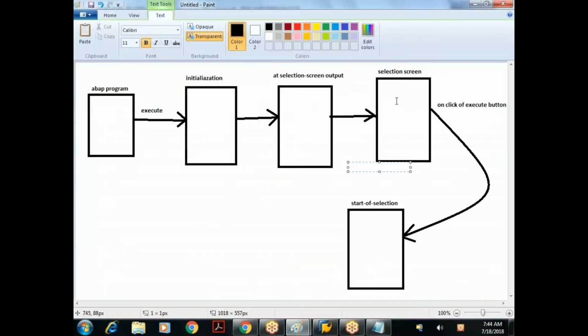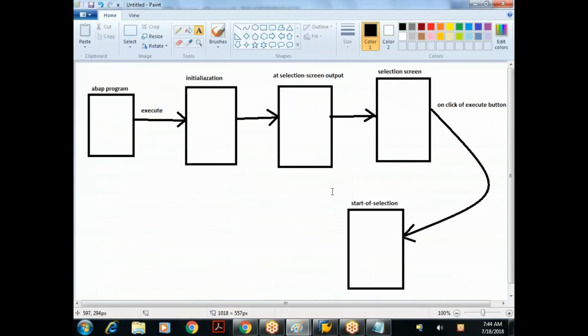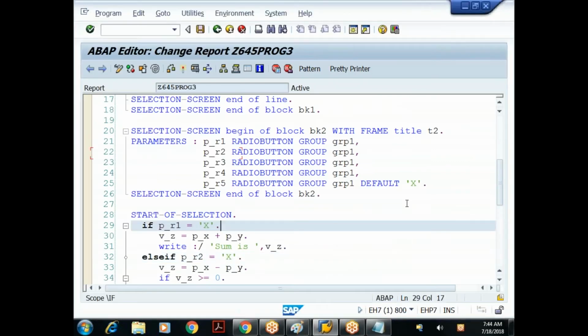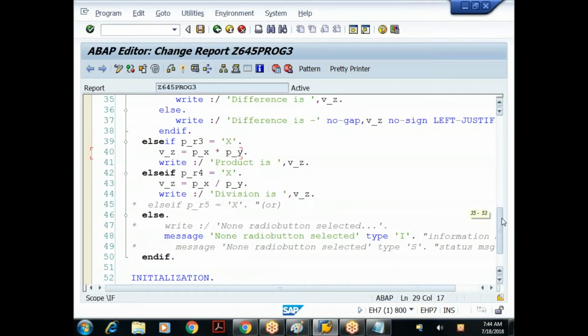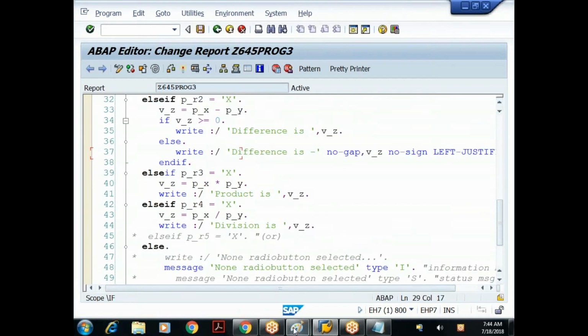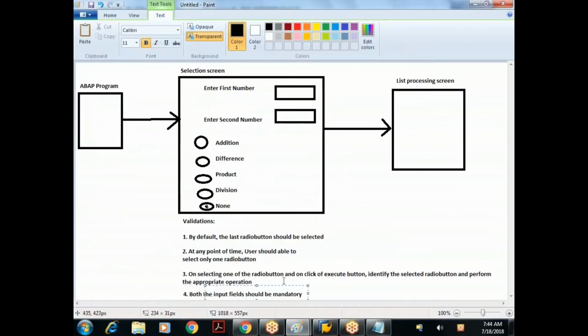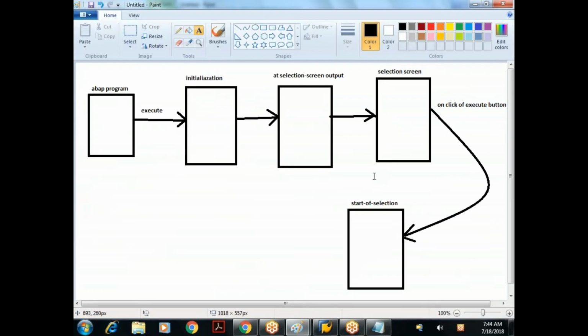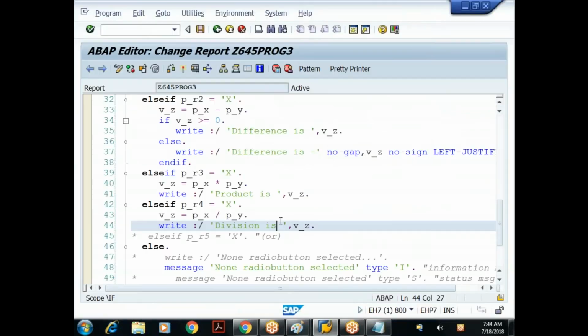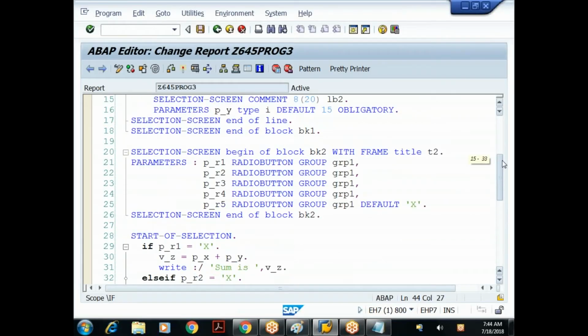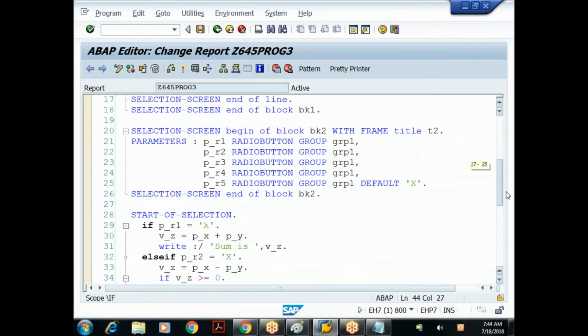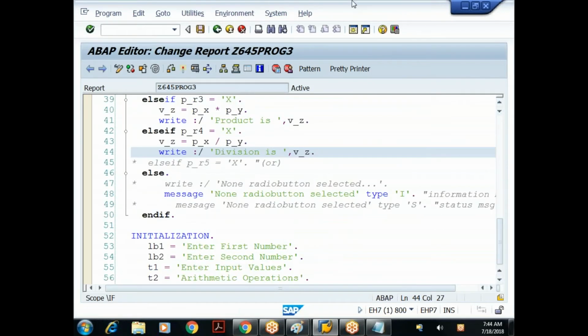What you have to focus on is identifying the event triggered when the radio button is selected. Here we are doing the selection and clicking on the execute button, but my customer may not ask for the execute button. He wants to show the result as and when the radio button is selected. So check how to do it or which event you have to handle. Apart from that, any questions in this, please ask me.